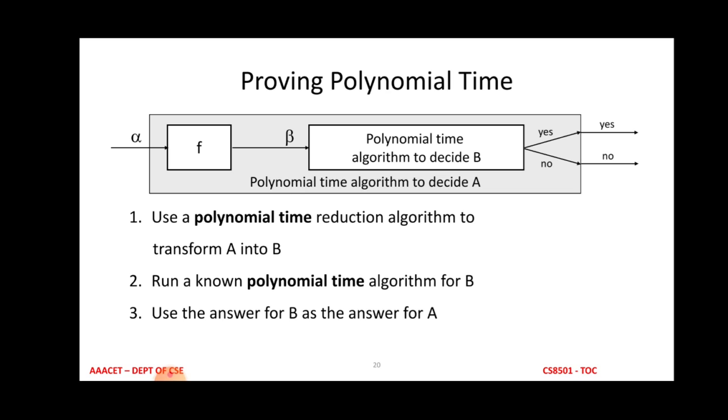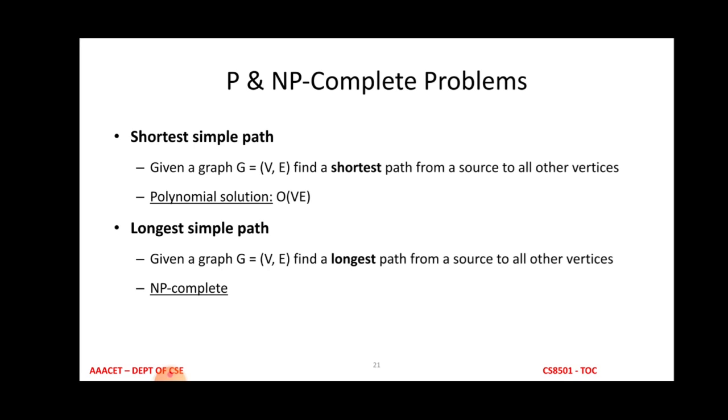So use the answer for capital B as the answer for capital A, because we can reduce the problem A into B. So after getting the solution or result from capital B, that same result can be used for the first problem, capital A. So this is an example for P and NP complete problems, and